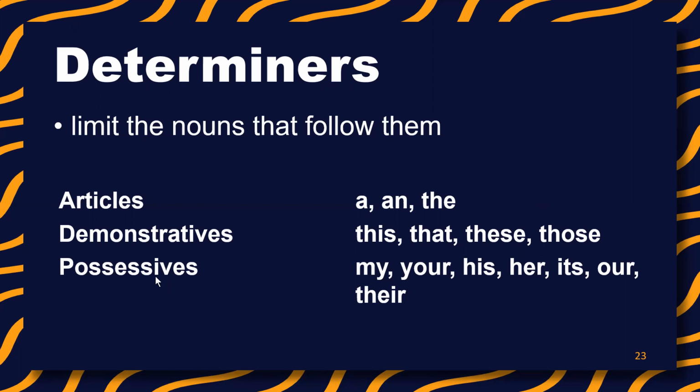So possessives naman as determiner. Possessives as determiners are used before a noun to express possession. So we have your possessives: my, your, his, her, its, our, and their. So in comparison, when you use your articles versus possessives, mas clear kung kay sino nga possession or owner, kung sino ang owner sa specific object or a person, for example. So for example, we have your sentence na lang. Please don't